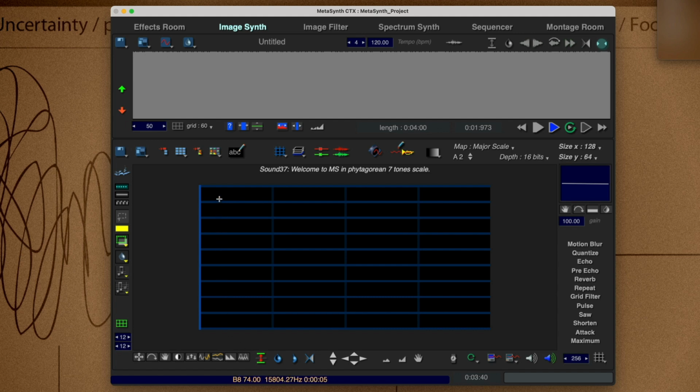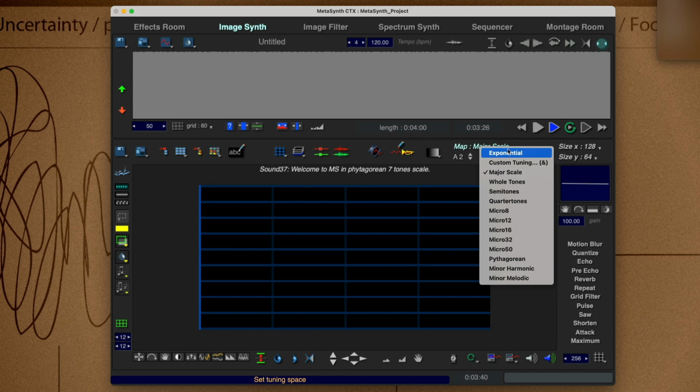and if you look at the very bottom down here, as I move up this canvas, you'll see actually the note values. And these are the note values due to the mapping. Right? I've set it to major scale,